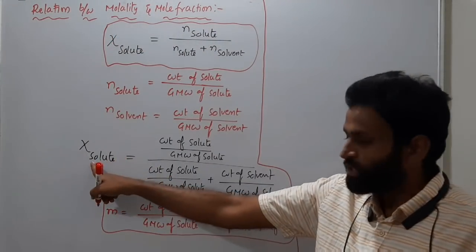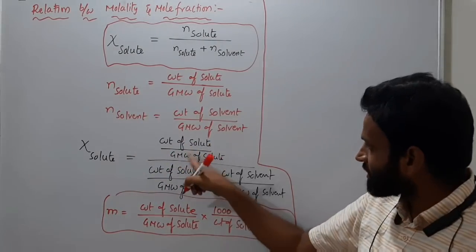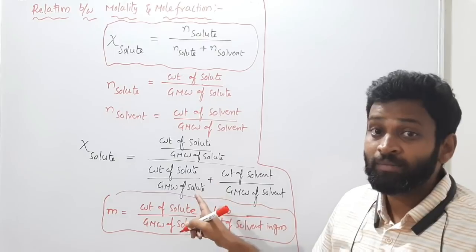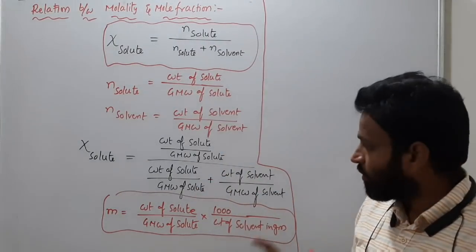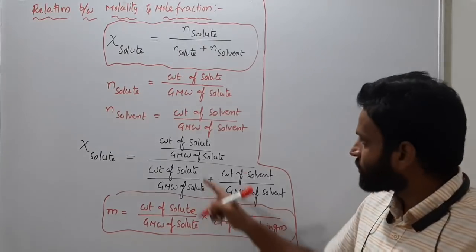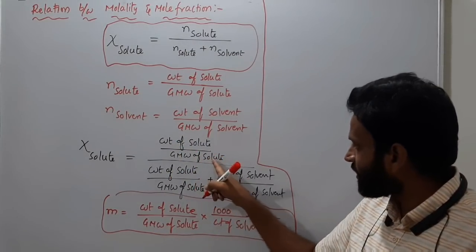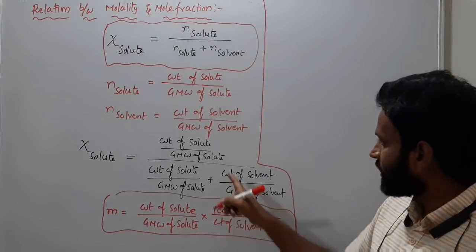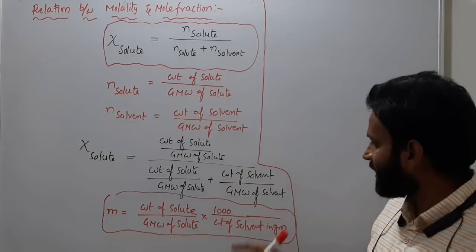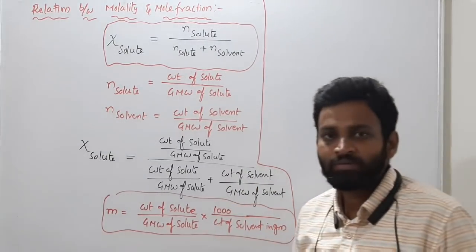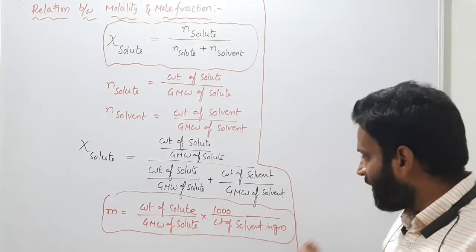So here you have the mole fraction, so here you must have some molality term. What must you have? The molality term. So what is molality? Weight of solute by gram molecular weight of solute. So weight of solute by gram molecular weight of solute you have here already. Okay, do one thing. Now multiply numerator and denominator by this term, 1000 by weight of solvent in grams. Getting what I am saying? So multiply that one.